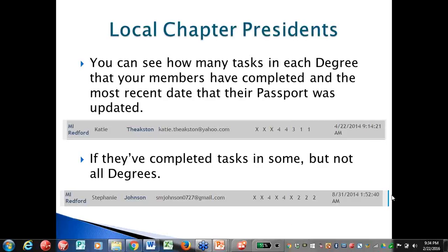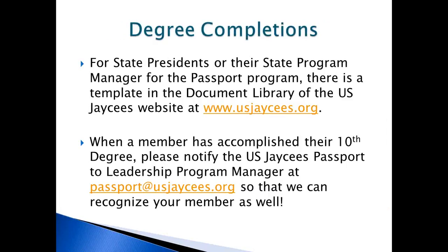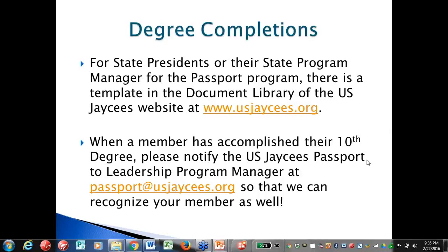You can also see that she last submitted a task for approval in August of 2014. So what that means is technically she is going to have to go back and complete all of the tasks in third degree another time because it won't have been within the same year. Okay? So, as far as completing of the degrees, for state presidents or program managers, in the document library of